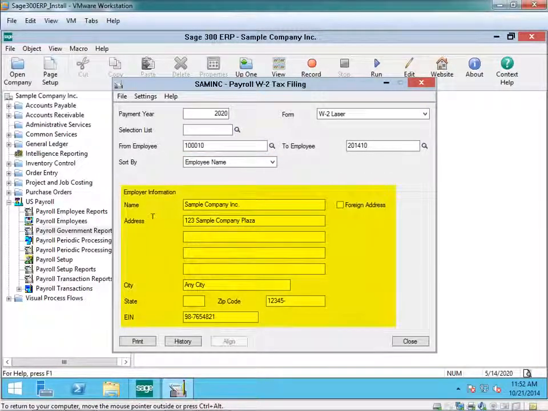The next option is your employer's information. The employer information is your company information: your company name, address, city, and state. And your EIN is your employment insurance number, which you must have in order to move forward to print the